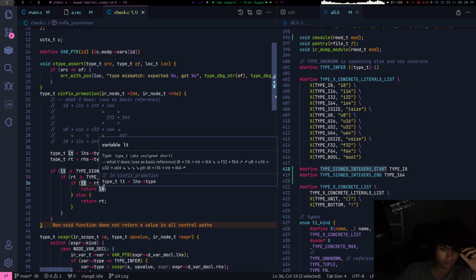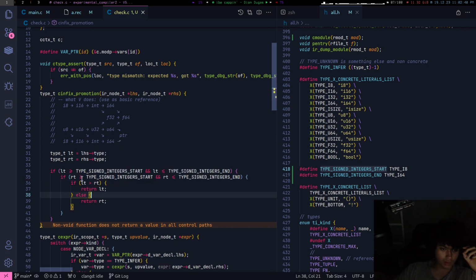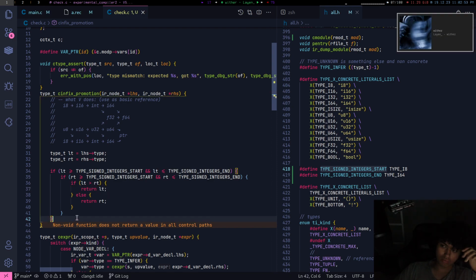If left hand side type, because left hand side always promotes. Return left type, and else return right. That makes sense.